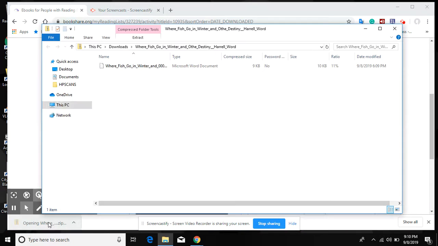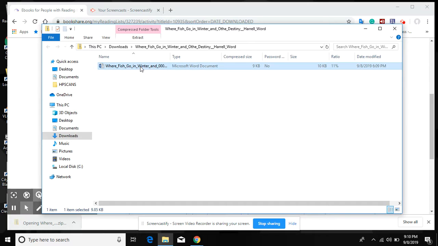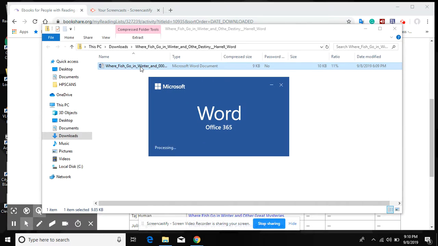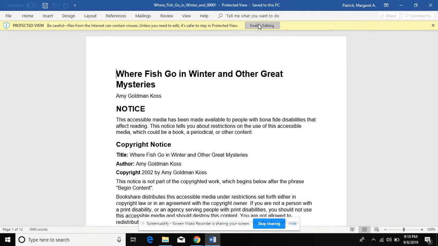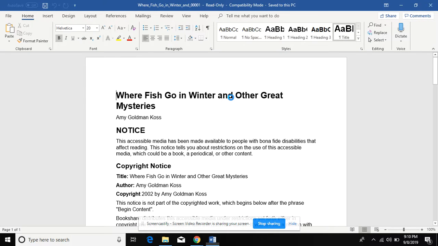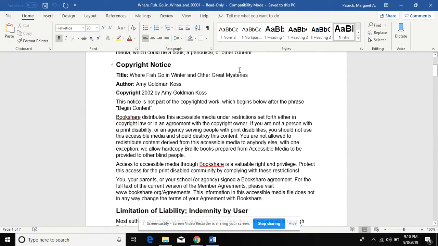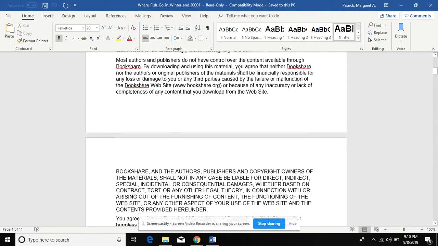It comes in a zip file. Open the zip file, I'll double click. It's all a Word document. And here's the book in a Word document. Now, what I like about this being in Word document,